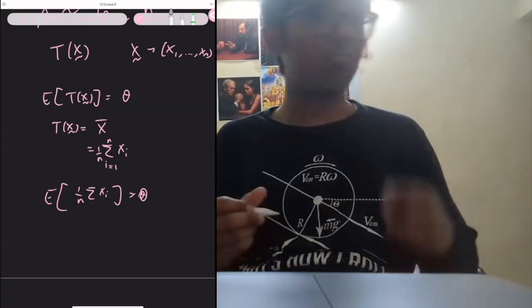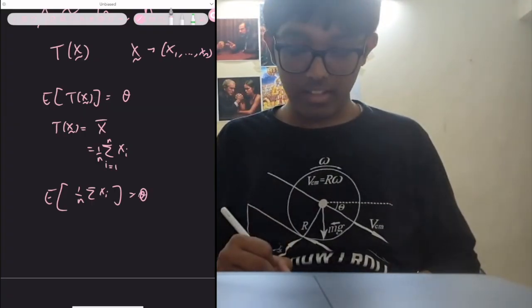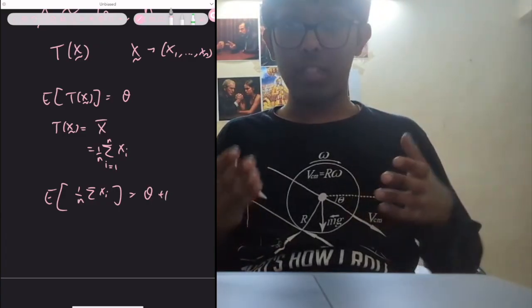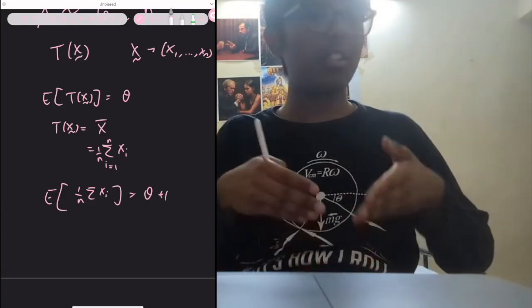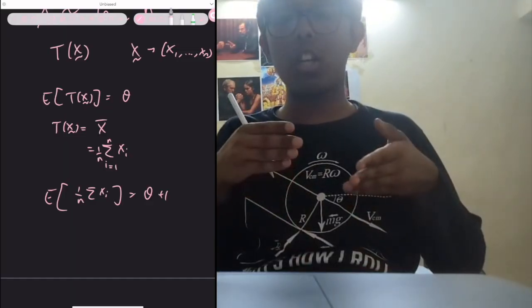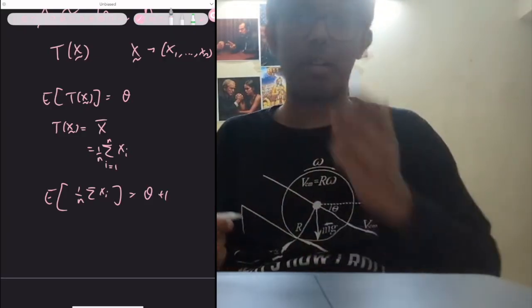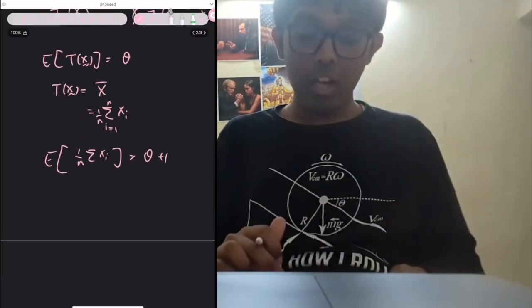Now let's say the actual expectation is theta plus 1, then this statistic is not unbiased, or is biased, with respect to theta, or even theta squared for that matter. Okay, now let's